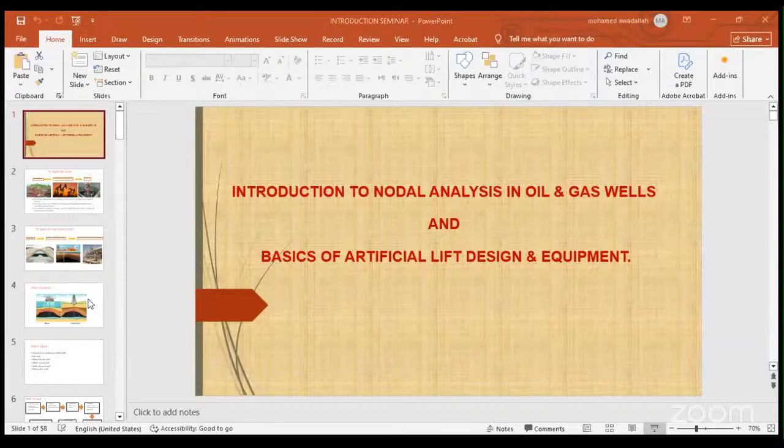So first of all, the hydrocarbon is present underground, contained inside a reservoir. So how can we get this hydrocarbon, oil and gas, to be moved from downhole to surface? We start by drilling a well. We drill a hole, then complete this hole with casing, tubing, and packer, perforate inside the hydrocarbon zone, the zone of interest that contains hydrocarbon, then complete the well with tubing and packer. Then the hydrocarbon will flow from the wellbore to the surface,